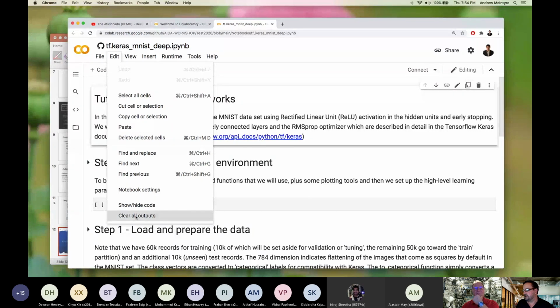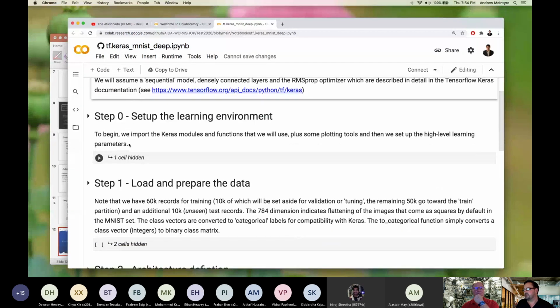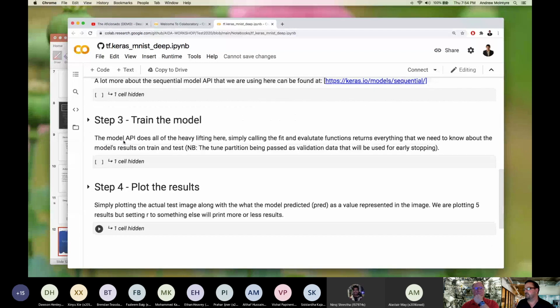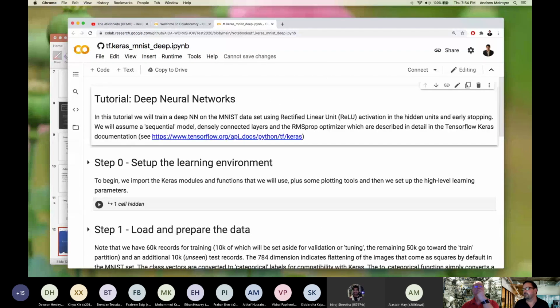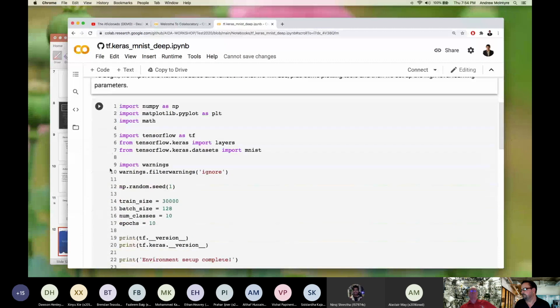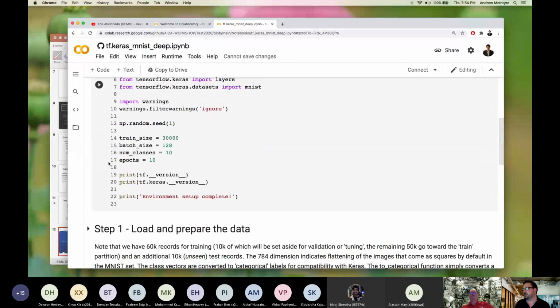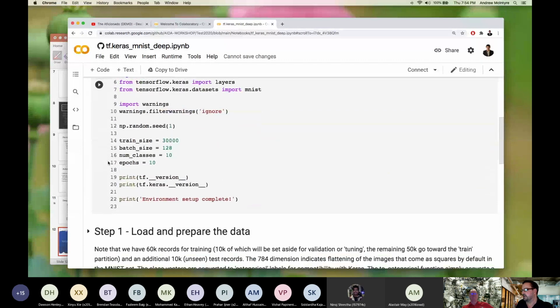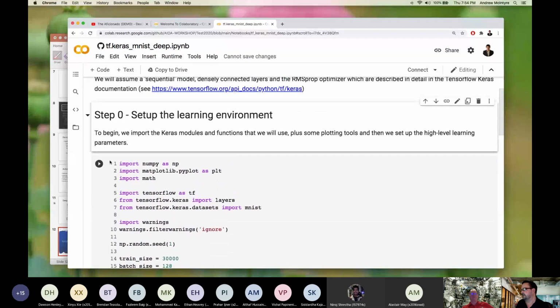Normally what I do is clear the outputs before I start, just in case I've left anything in from the last session. But again, this is going to follow the same 4 steps that we've been doing in the previous tutorials. And this is going to look pretty much the same from the beginning here, because really nothing's changed.